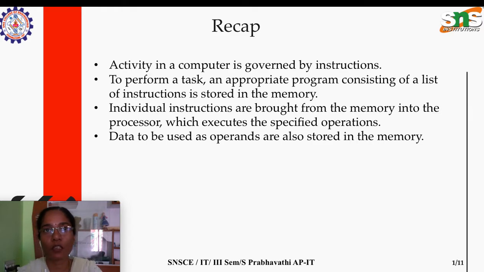We must definitely store the program in the memory. The processor executes the program by fetching the information from the memory, and the processed information is passed either to the output device or stored again inside the memory.